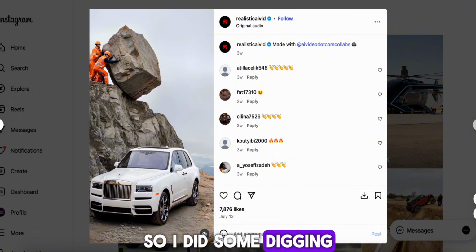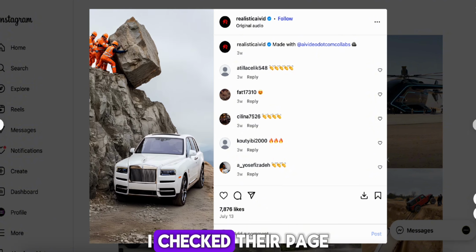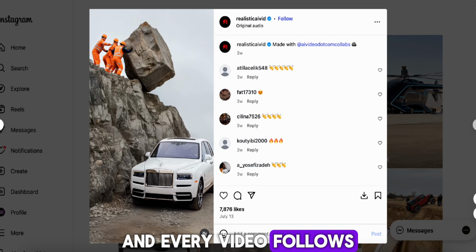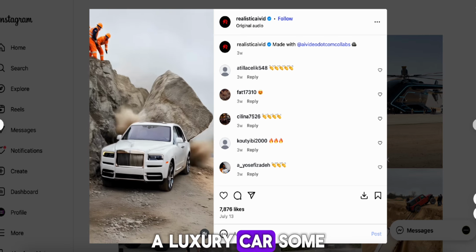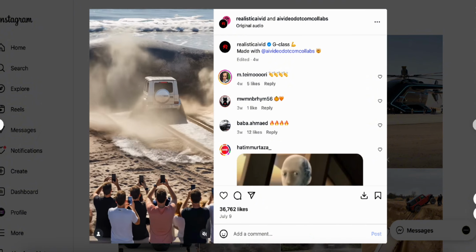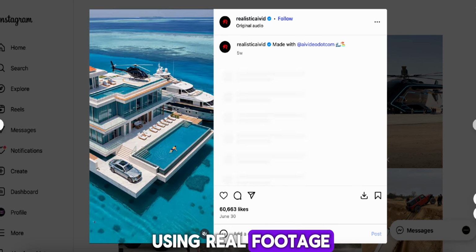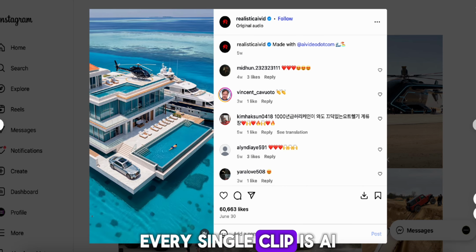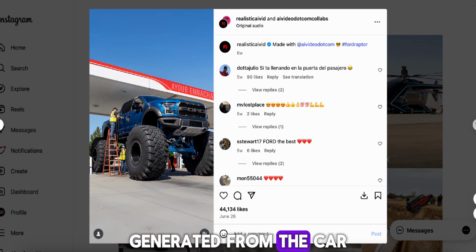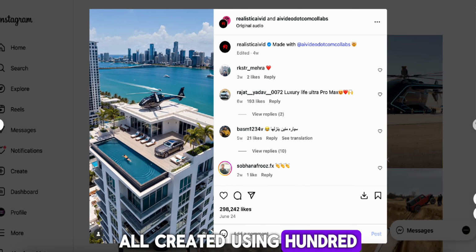So I did some digging. These creators aren't just getting lucky. I checked their page and every video follows the same formula. A luxury car, some massive industrial machines, and a ridiculously realistic crash that hooks you from the very first frame. And here's what shocked me the most. They are not even using real footage. Every single clip is AI generated, from the car to the rock to the environment, all created using 100% free